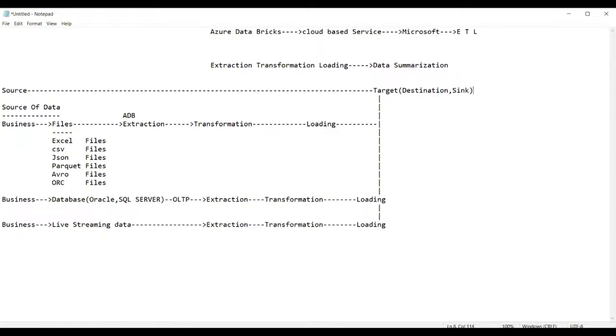Now can you see here, this is how we get the data. Ultimately, we get the data from various sources. And from these various sources, we extract the data, we transform the data, and we load the data into the target. All this extraction, transformation, and loading will be done by using a service. ADB is one service. Likewise, ADF is another service. Likewise, you can have Synapse as another service. These are the various services we can use. This is how exactly things work.